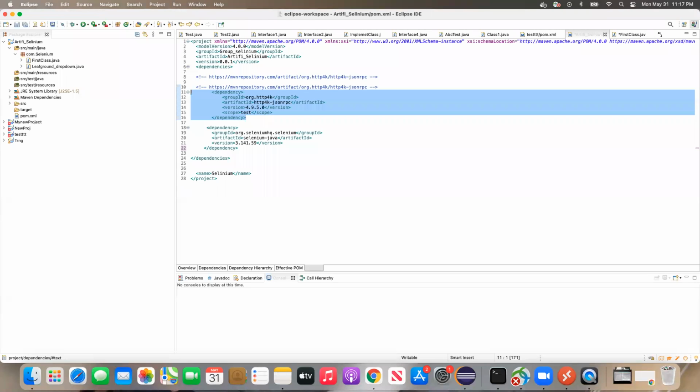For the TRNG project, there will also be a POM file, and I can copy this dependency from there. Suppose I need this HTTP client, I will copy that and paste it inside. So when you copy these 5 or 6 lines and put them in the TRNG project, where does it connect? Global repository. It will connect to the same Maven repository, right? So if it is connected to the Maven repository, it will automatically grab the dependencies from the centralized repository.